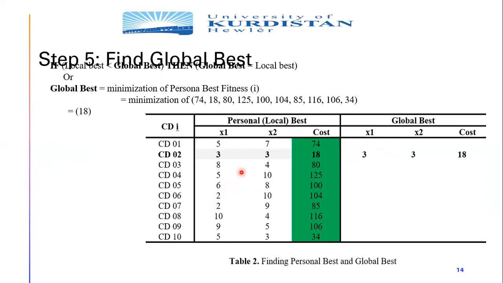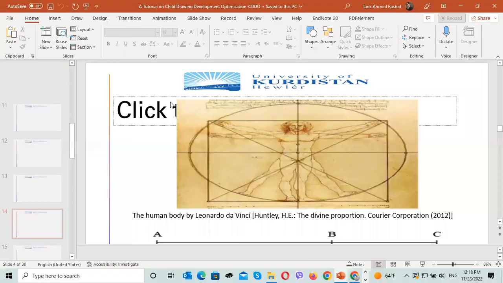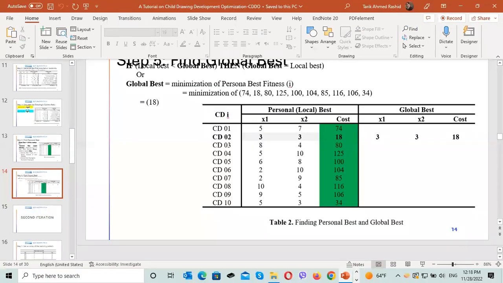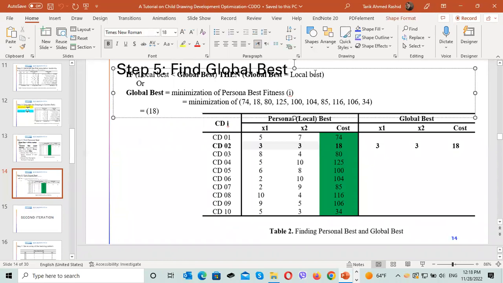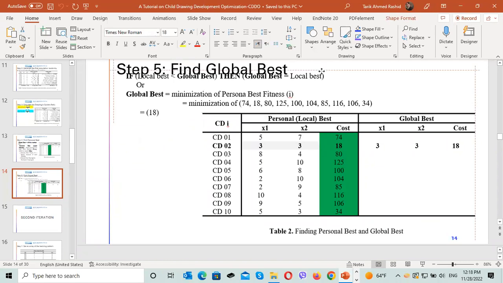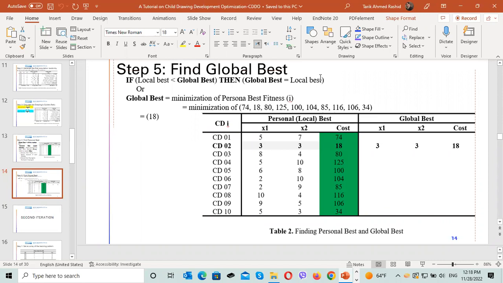Now, we have, let me just improve this here, bring it a little bit down so that we can see it. Okay, now